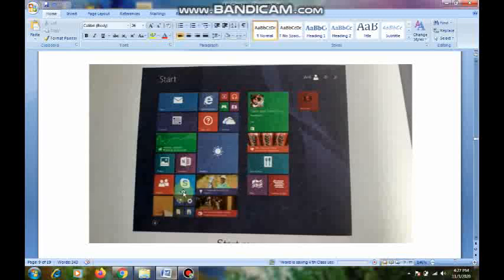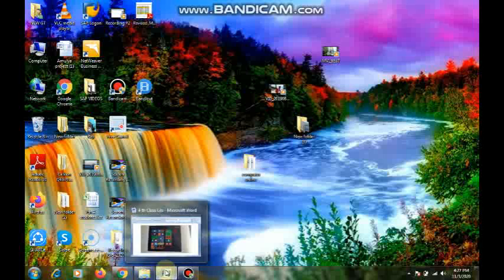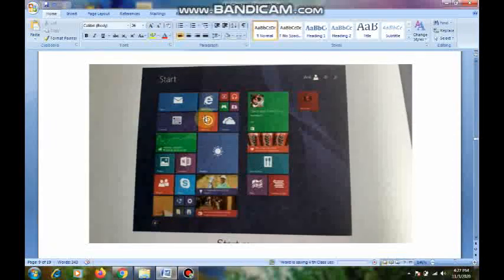Okay, children. So if you click on this, where is the start button? In Windows 7, the start button is at the left bottom. But if you see here in Windows 8 operating system, the start button is at the left top.